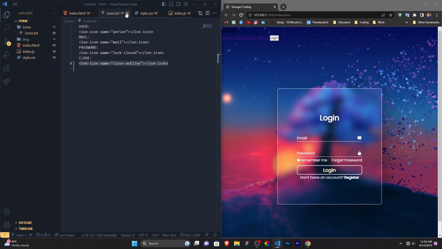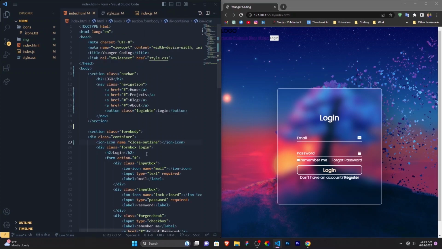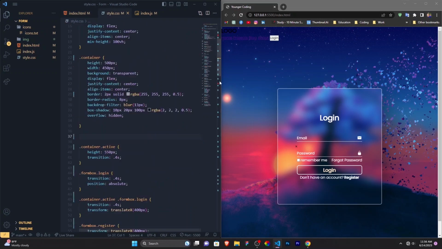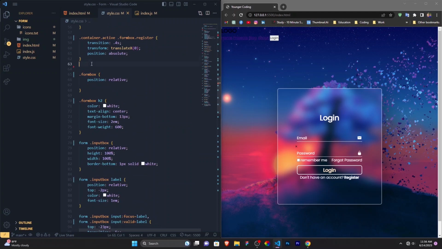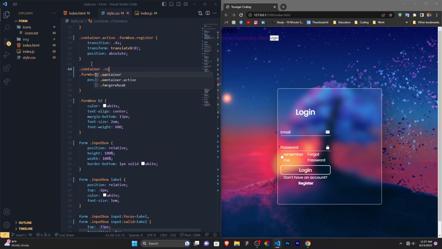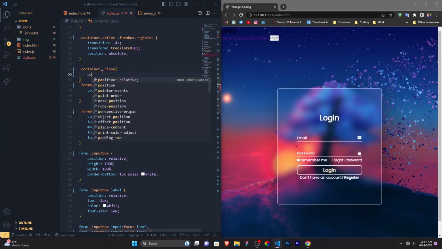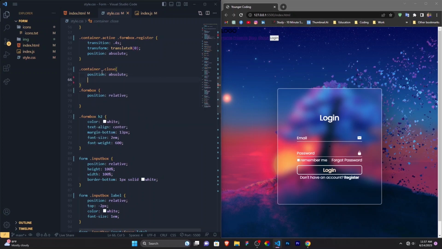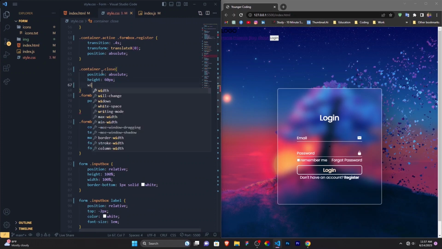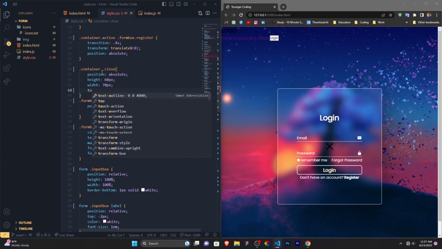After doing this, I used an icon, a cross icon. I gave a class which is close. After doing this, I go into the CSS. Then I target the close icon. After targeting that, I gave the position absolute, and height to it 60 pixels, and width also be